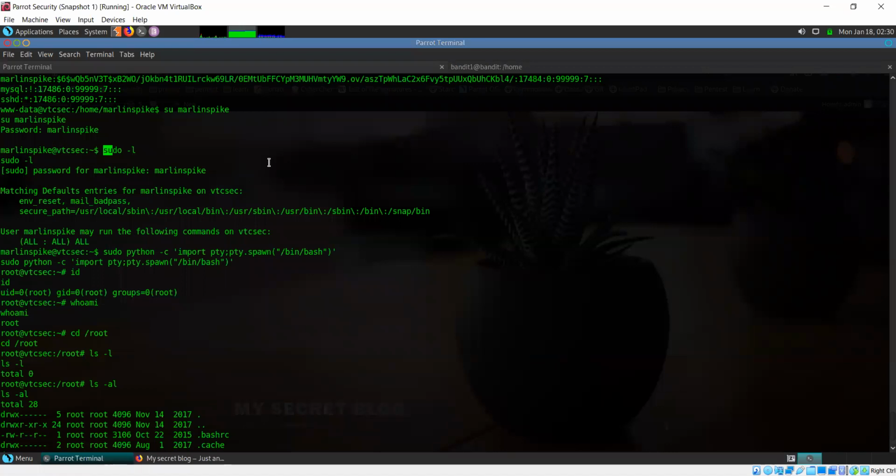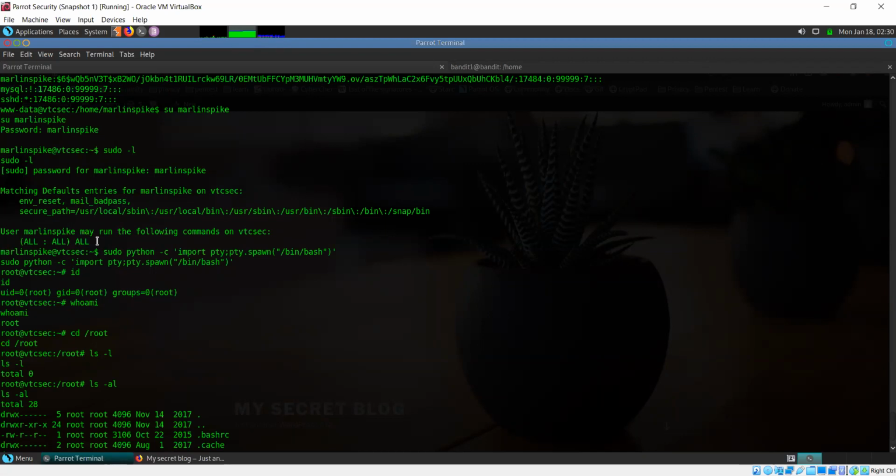Let's say you are accessing an account, but you don't know the password for it. Maybe you used something to get a reverse shell and you don't know the password. In that case, using sudo is like out of the question. Or in some cases, even though you are able to use sudo, you have the password, when you check the permissions, it will tell you that this user is not able to run anything using sudo. That can also be a case.